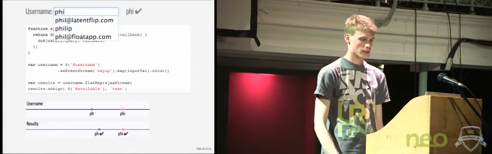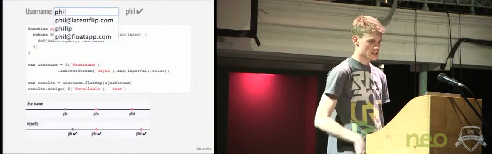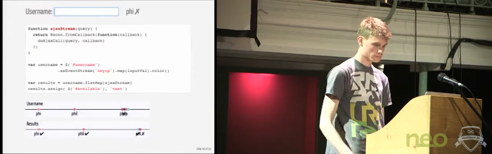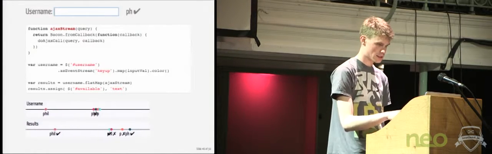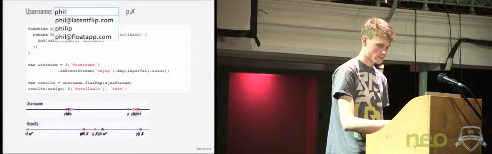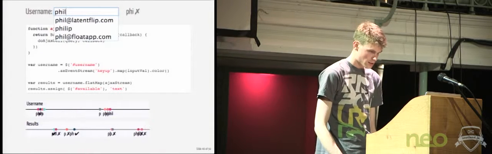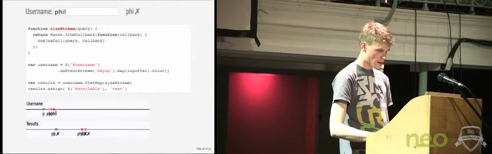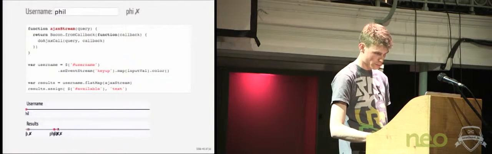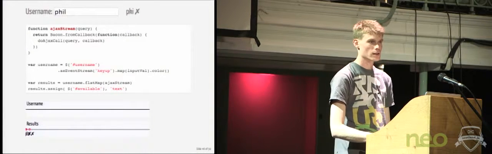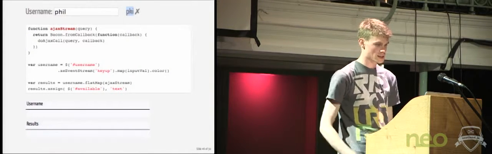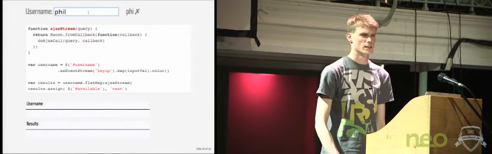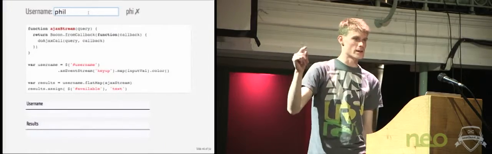When I type phi. But you'll see, because my Ajax requests take a varying amount of time, it's possible that, if random nature is good to me, yeah, here we go. So see how this red request here finished before the brown one? Did anyone see that? My UI has now been updated to say that phi is not available, even though I typed phil. And that's because an earlier Ajax request completed